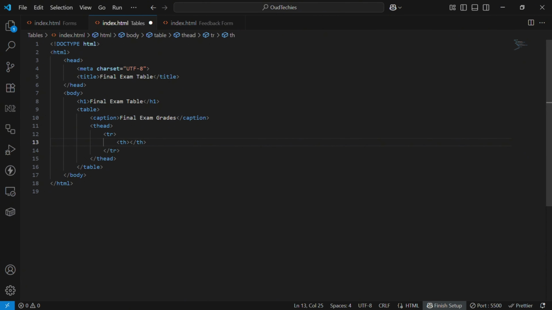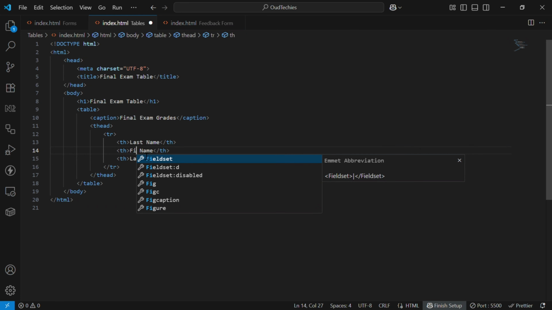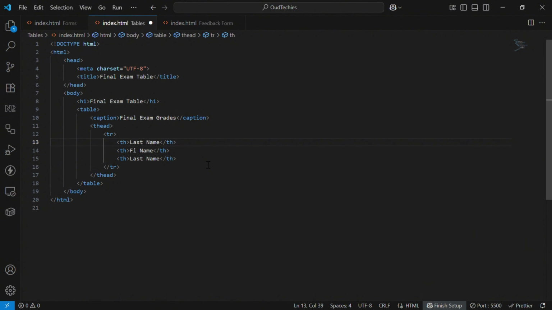We'll say last name, first name, and then grade. So last name, last name, first name. And how I did that is I held shift and alt and then my down arrow key, right? So shift alt down arrow, you're going to get here. That's how I did that. Okay, so first name, and then the last one is